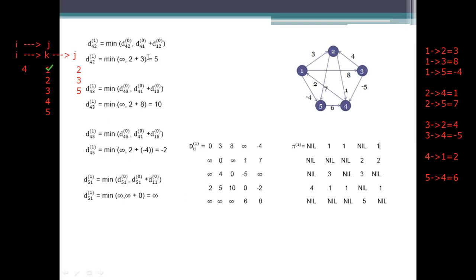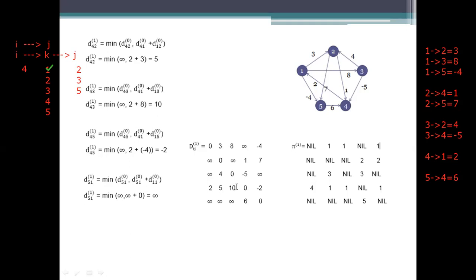So here we see for the fourth one, there are updations here. If there lies a path from 4 to 1, then as I said, if there lies an edge to this intermediate node, then there will be an updation in the distance matrix that we are having. So these 3 values will be updated. 2 will be taken into consideration as 4 to 2, and 5 will be taken into consideration.